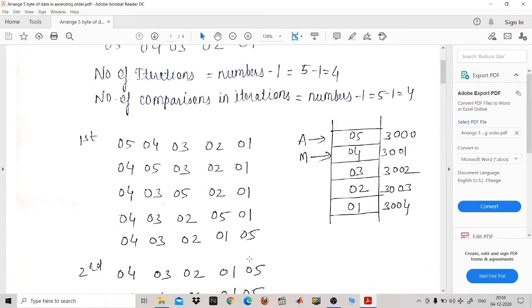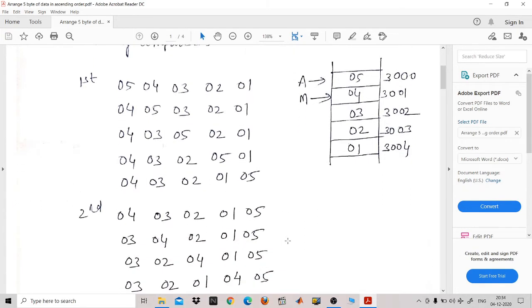So now after the completion of the first iteration, what you have observed is that your highest number is coming in the right direction, that it is coming afterwards. Now in the second iteration, we want 04 to come just before 05. So again, you will have to compare the first molecule with the second molecule.